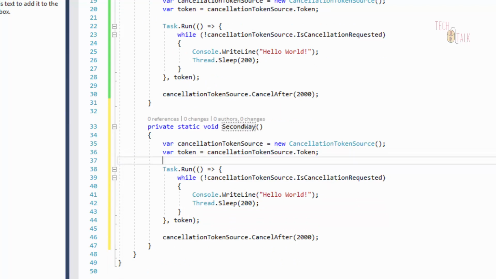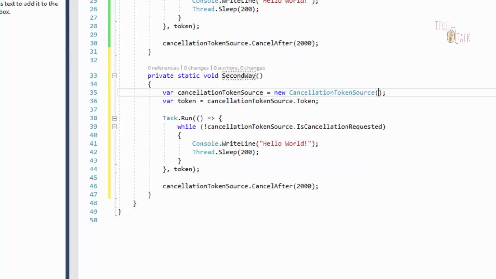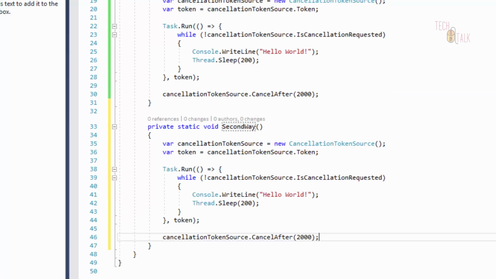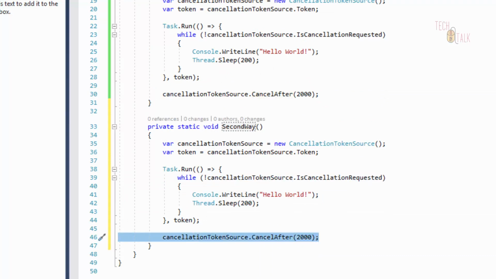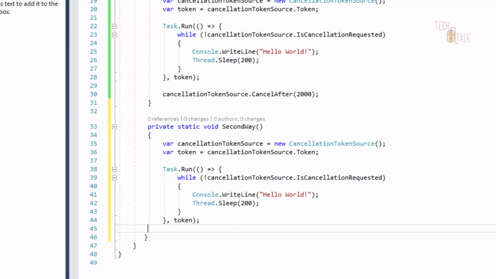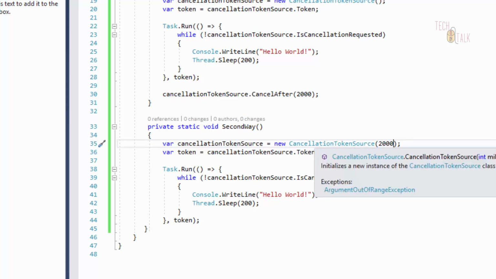In this way also we can use the same logic inside here, but if we don't want to cancel after the creation and we know how much time the task is going to take, we can give the time inside this constructor while creating that object. So let's say it will take 2 seconds, and if you see the docs here